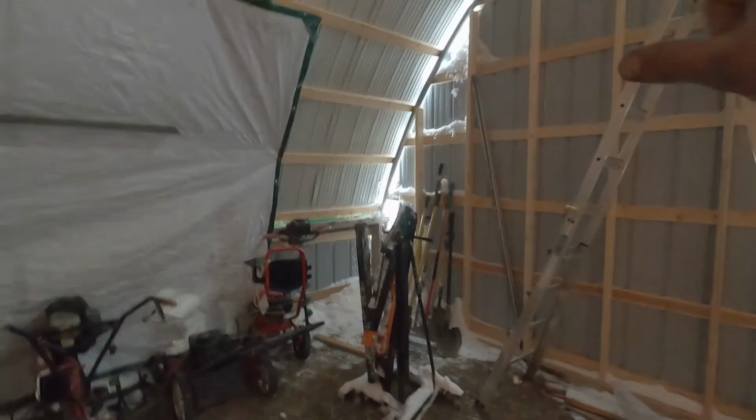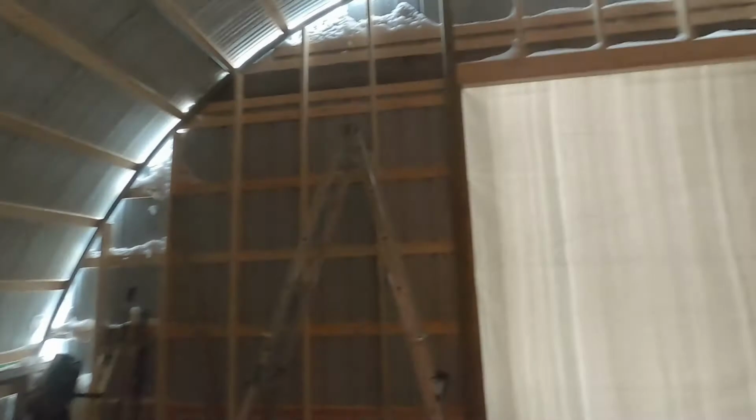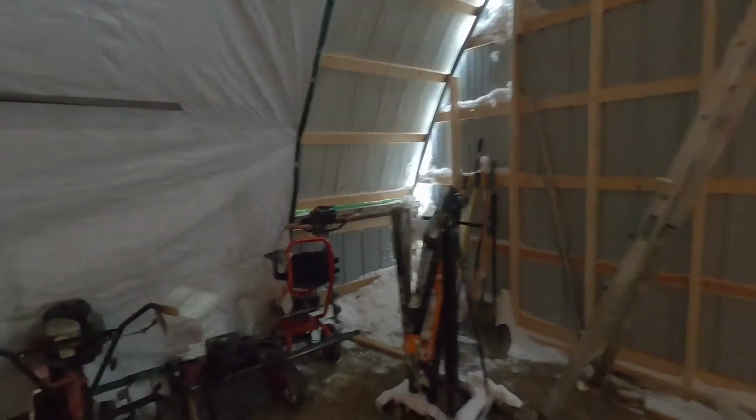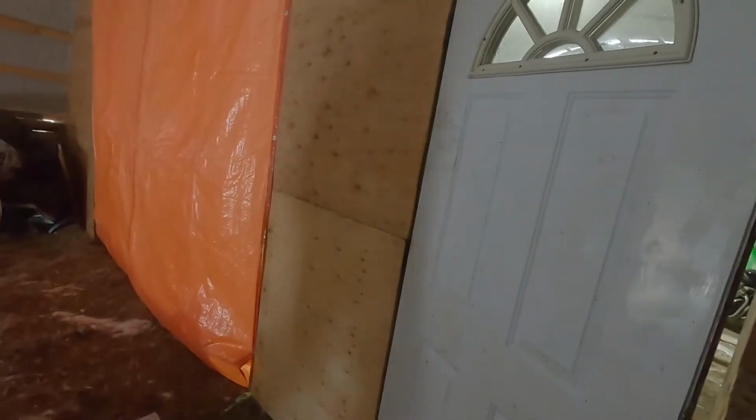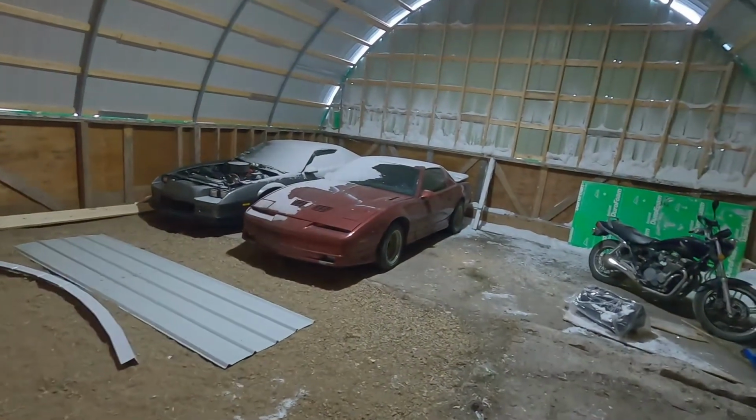As you can see, that's one thing we got to work on. I have to still put the edging around the whole top, so that's why all the snow's kind of getting in. But other than that, once the edging comes in, there should be no snow. And we haven't figured out what we're gonna do for the door yet, so that's why we got an insulated tarp. And as we walk in, boom, you see